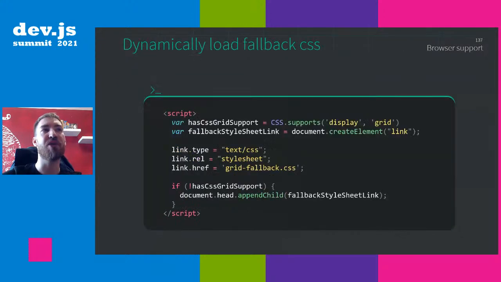And one additional thing you can do is detect grid support using JavaScript. This is useful if you have a very heavy legacy layout, for example, if you want to support a browser that needs floats for layouting. You wouldn't want your users to download all the CSS that is necessary for 1% of your user base. So it's always better in those cases to detect the feature from JavaScript, and then after that to download the style sheet with the legacy fallback layout